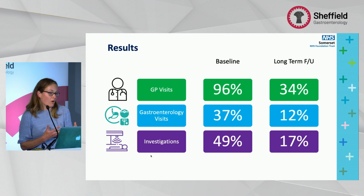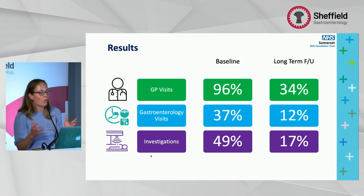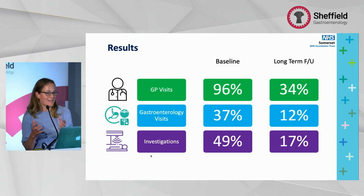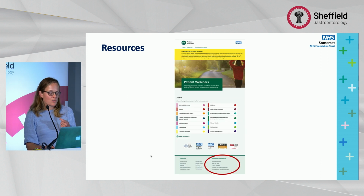So I know it's not an RCT, so we can't determine cause and effect, but what you're saying is you've got this cohort of patients that after receiving dietetic advice had significantly less input from both primary care and secondary care. So if you are building a business case for IBS clinics,